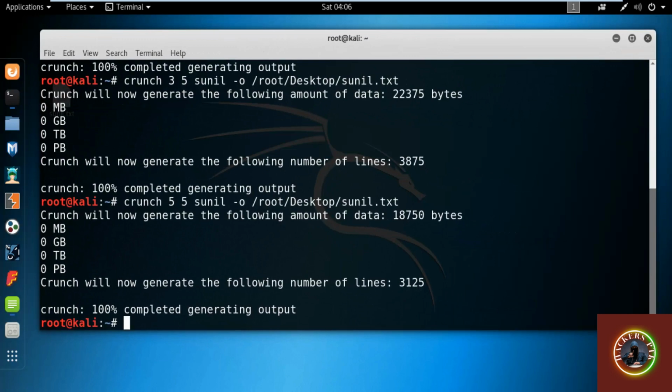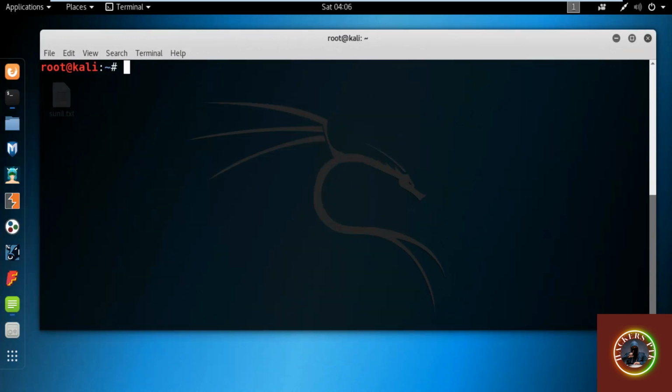Now let me show you one more thing. Let me clear everything. Now, for example, if you want to insert some kind of special characters inside it, how can you do that? Let me show you with my name. So for example, the password is sunil@$